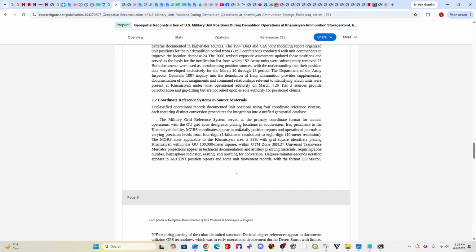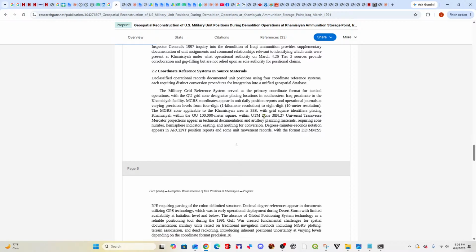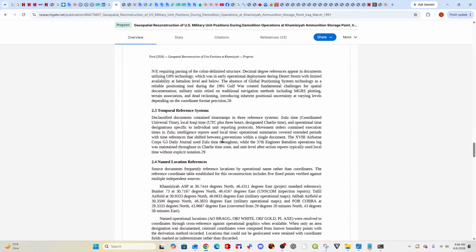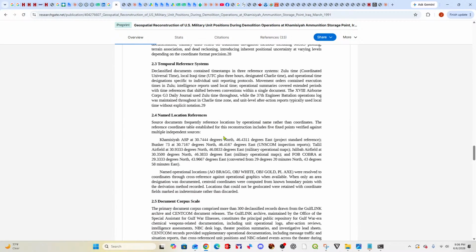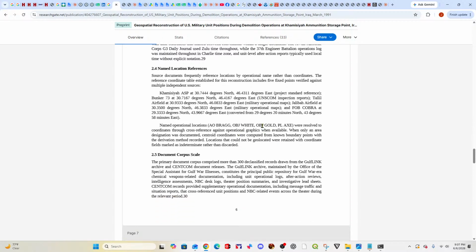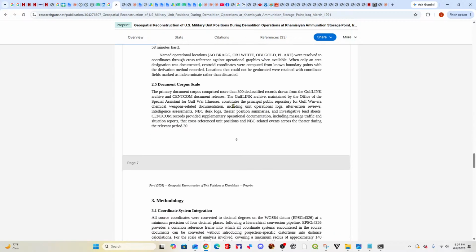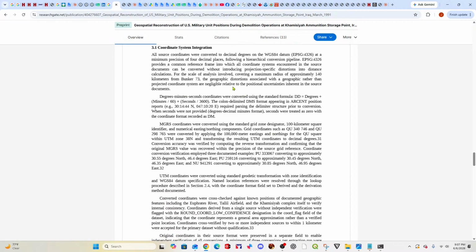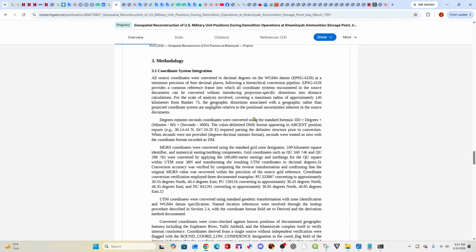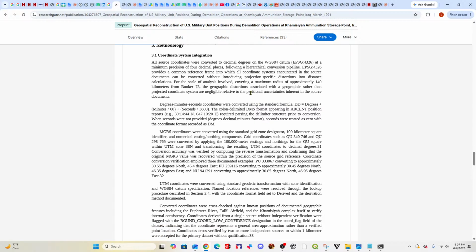But you've got different grid systems. In other words, you got different time systems. You got the named locations are different. Commercia was also known as Tal Alam, Objective Gold, da da da. And then, see, there's a whole chapter on just trying to integrate 4 or 5 different coordinate systems